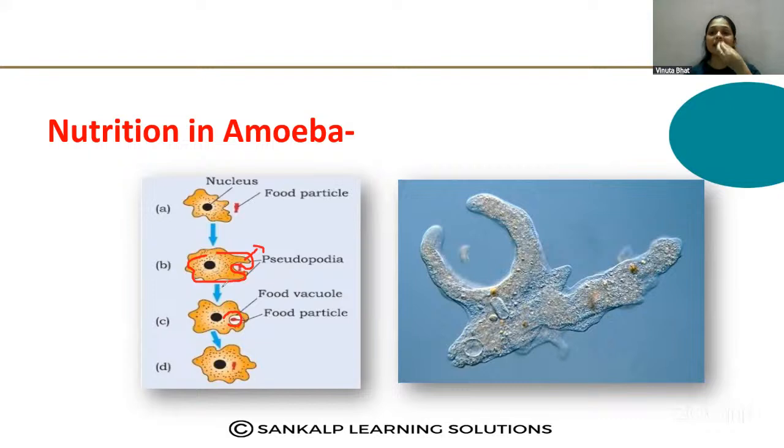The engulfed food is now present inside the body of the amoeba, and digestion takes place in the food vacuole present in the amoeba. So this is how nutrition takes place in the amoeba, a very simple organism with a single